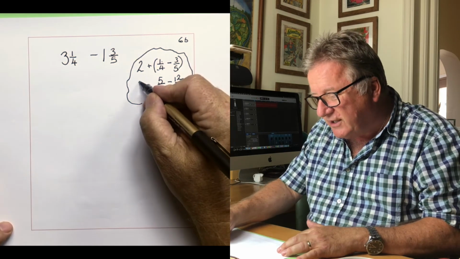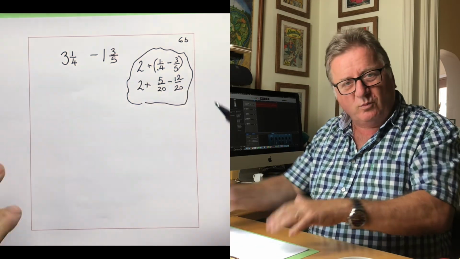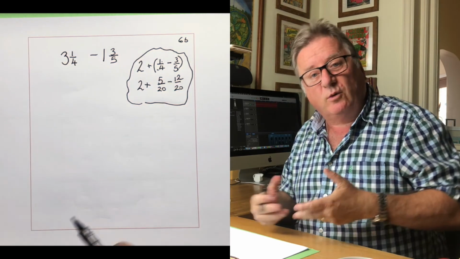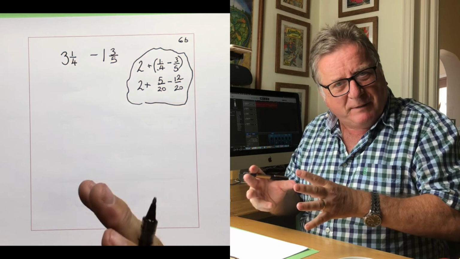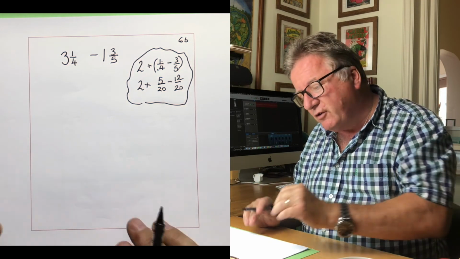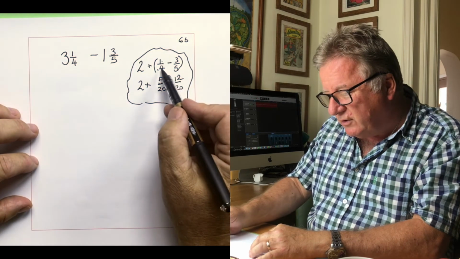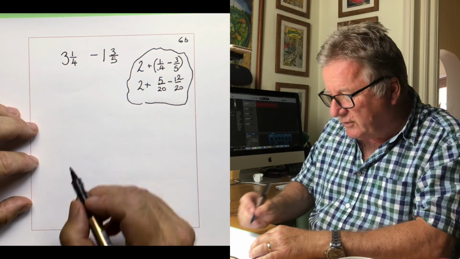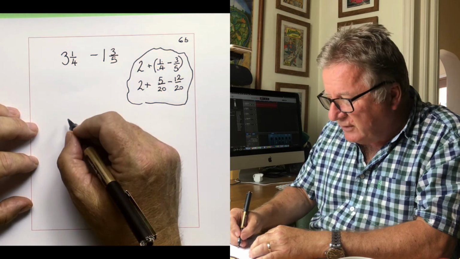Now you can work this out. I could carry this on with you, but you're going to have basically 2 take away 7 20ths, which is a bit messy, and we can do that, but I would prefer, if you've got a subtraction where you've got some awkward mixed fractions, I prefer you to do this, and you have a look and see if you agree